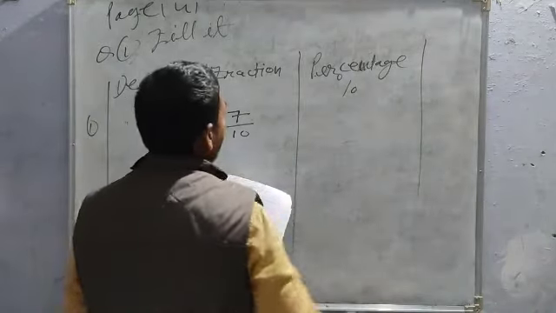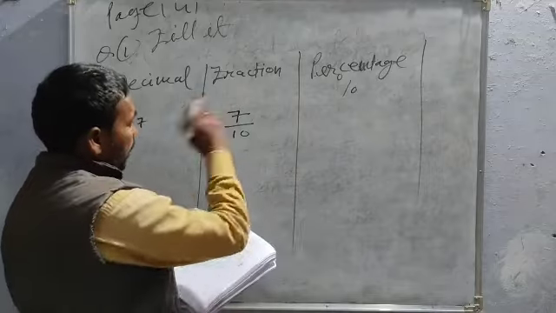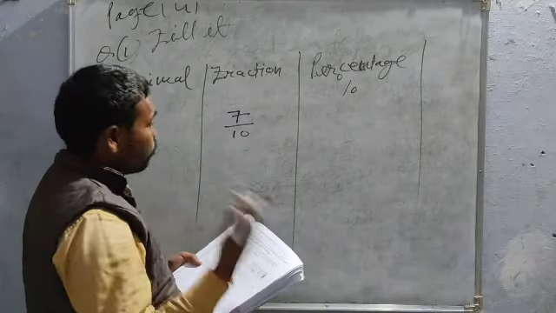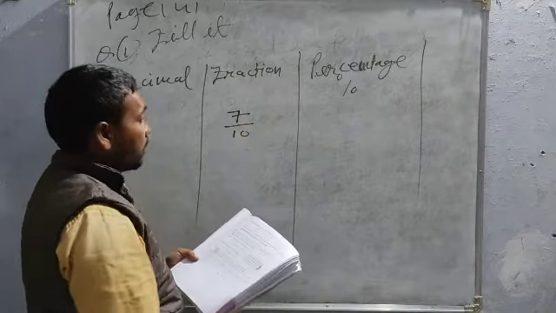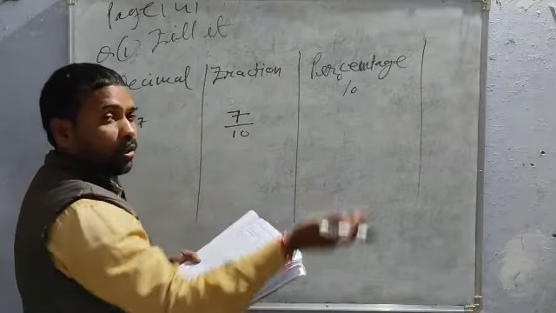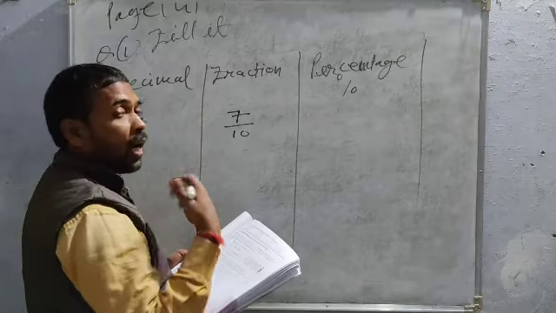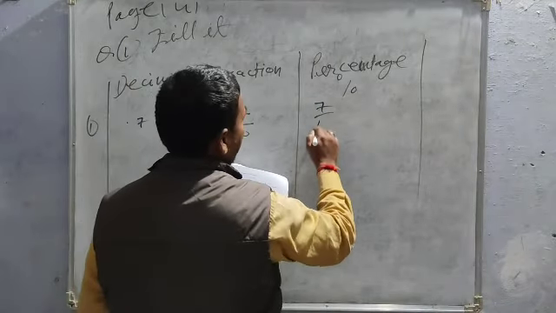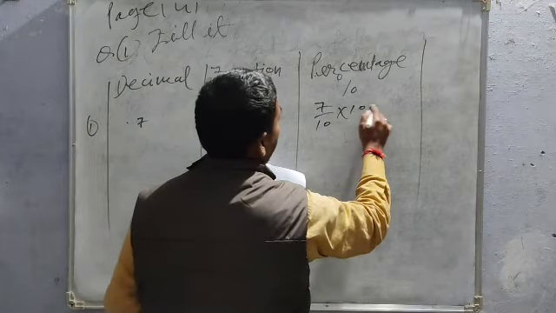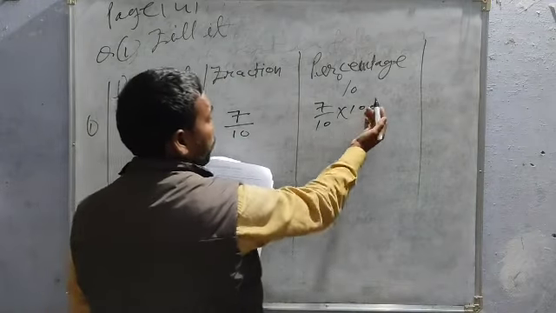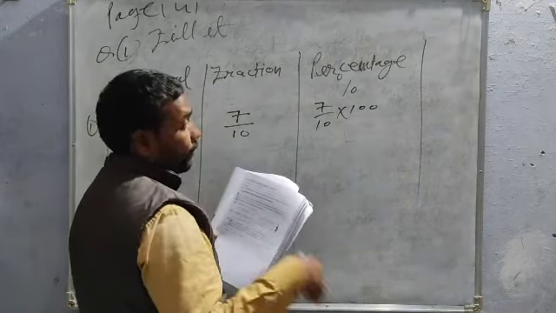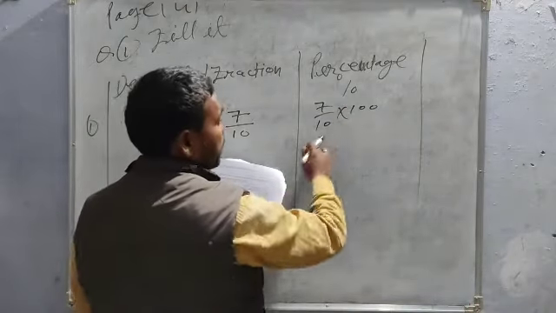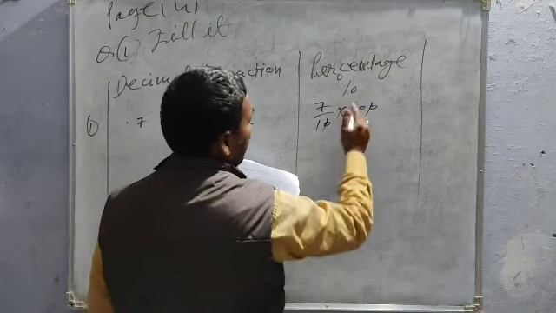And this here asking convert into percentage. So I have already explained how a fraction can be converted into percentage in two ways. You can write an equivalent fraction of 7 by 10 for which denominator will be 100, or another way you can multiply directly this fraction with 100 and solve it. So you know how a fraction can be multiplied by a whole number. Here 100 is a whole number, 7 by 10 is a fraction. You can cancel common factors, 0 and 0, that is 7 by